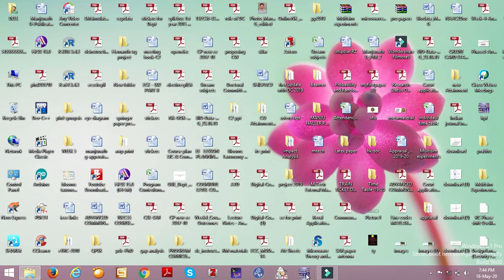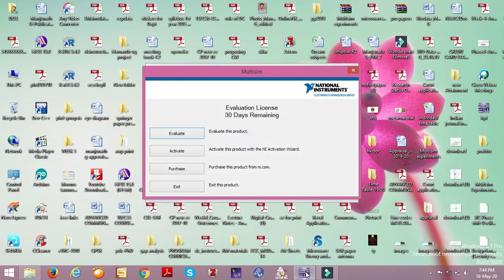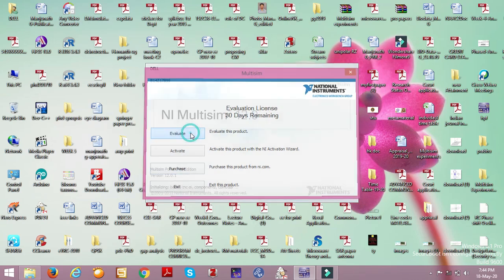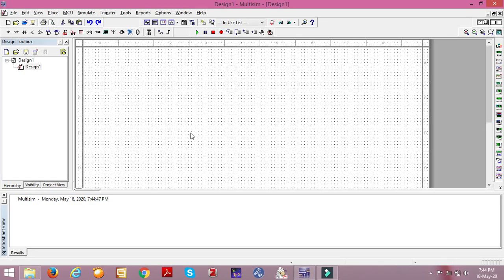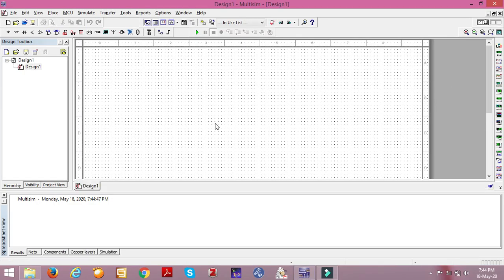I hope all of you have installed Multisim software, and also in the earlier semester you might have learnt how to use it. Click on Multisim software, and an empty space will come. This is a workspace where you can design your circuit.